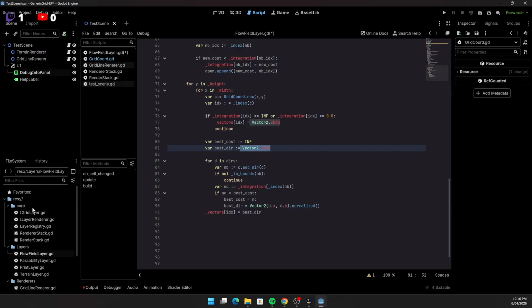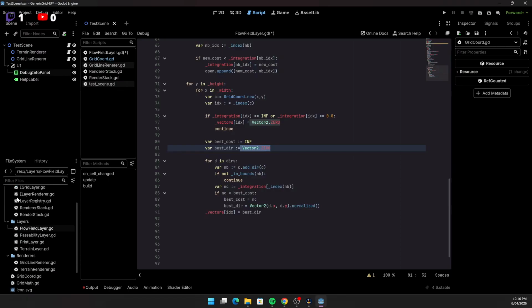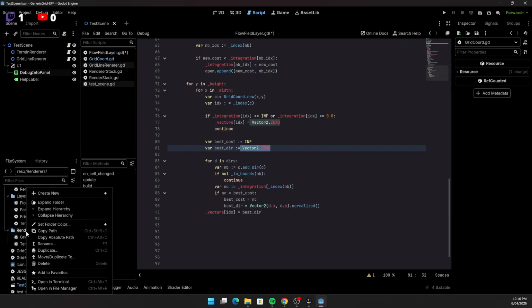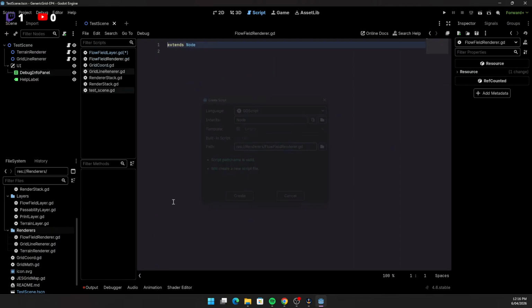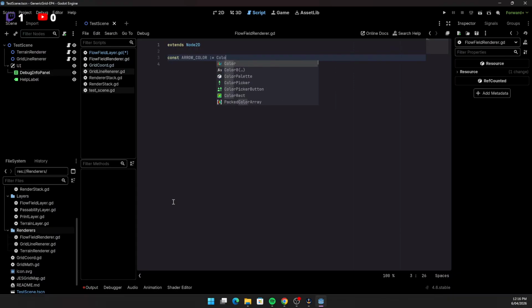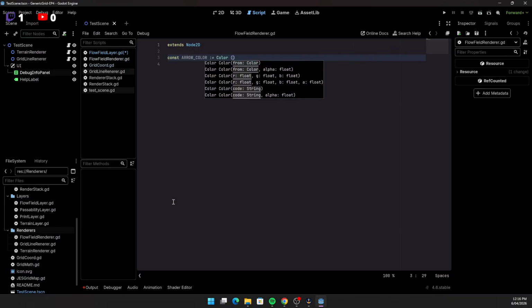So we're going to need to be able to render this and visualize it. So we'll just make a renderer, and that will call the flow field renderer. Rightio. So it's going to extend a Node2D. Constant arrow color is going to be a color like 85,